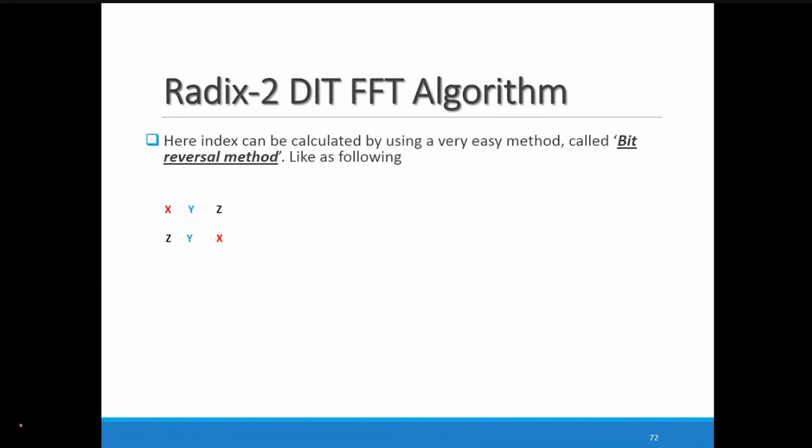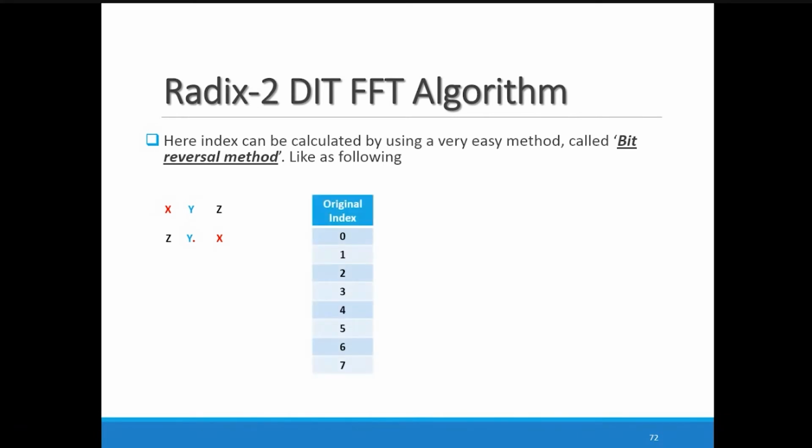So initially we have taken x, y, z, and then we have taken z, y, x. If the number of bits is less, then you can write x, y and y, x. If the number of stages is more, then you can apply w, x, y, z and the reversal of that. Here for this particular case, as 2 raised to 3 is equal to 8, to represent 8 point DFT, we require 3 bits. So xyz is represented with zyx.